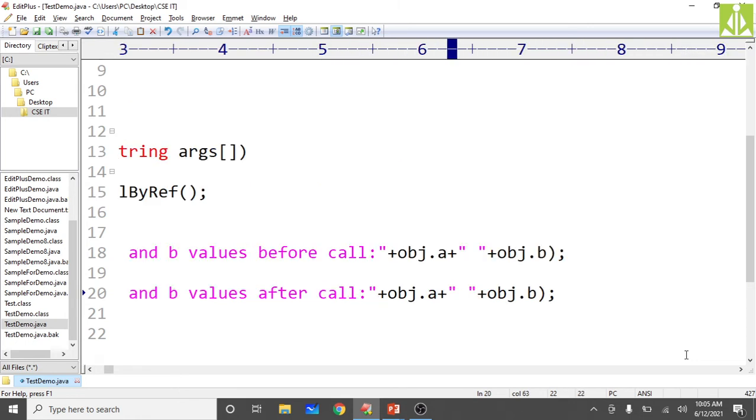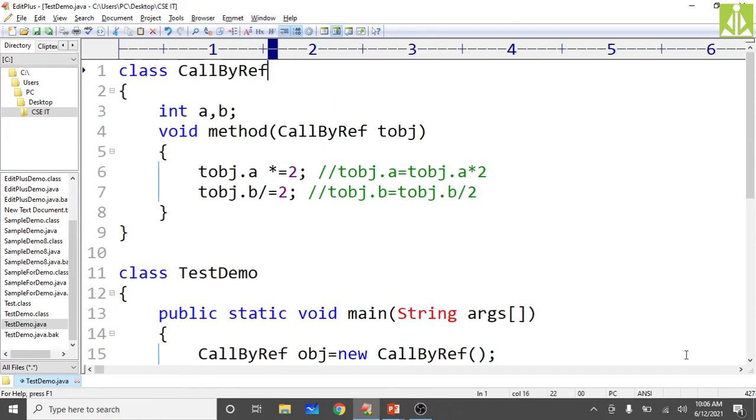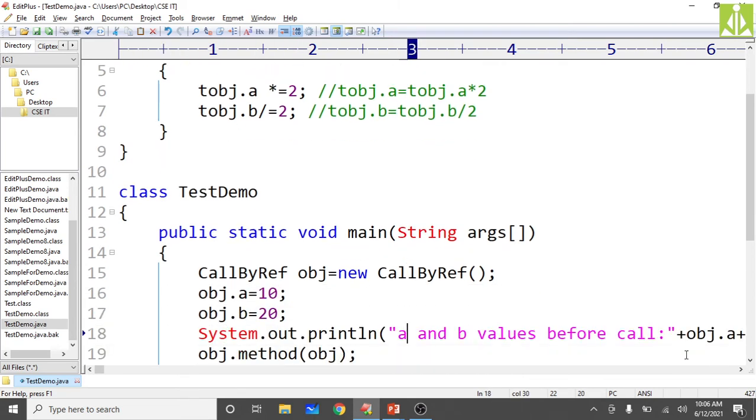Before the method call, A and B values should be 10 and 20, and after the method call you should receive values according to the changes made. A you are multiplying with 2, so you should receive 20, because the A value 10 we are passing, and B you should receive 10, because we are dividing the B value by 2. The actual B value is 20 and we are dividing it by 2, so you receive 20 for A and 10 for B.